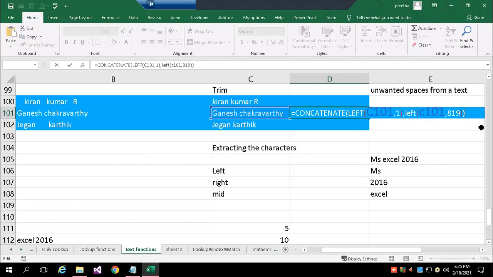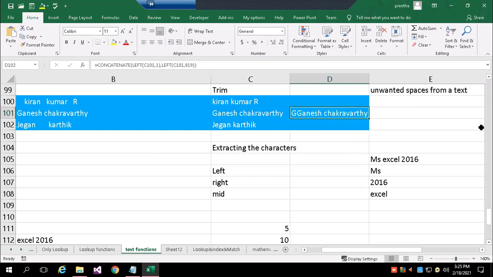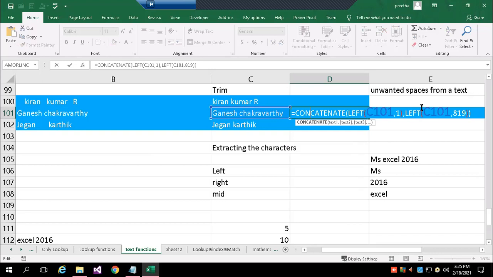Sorry, first character and the last. You can see now one more error. 8 comma 19.